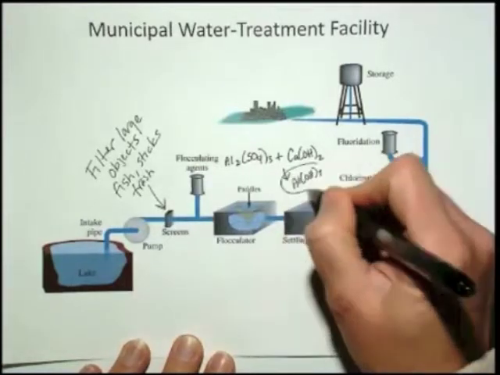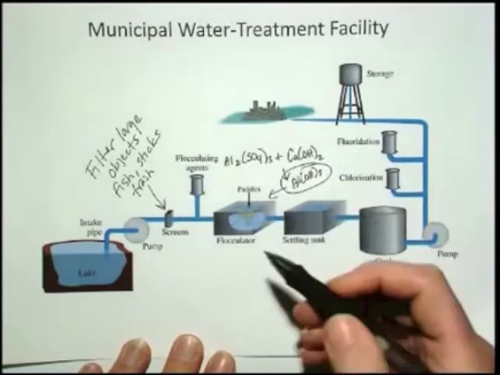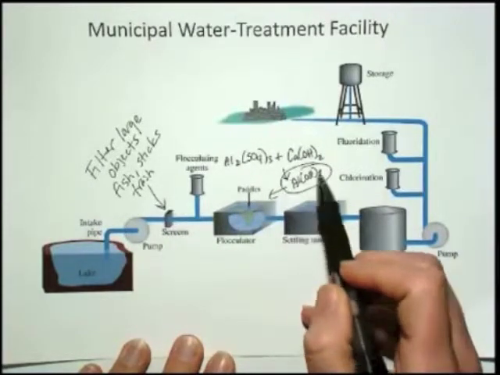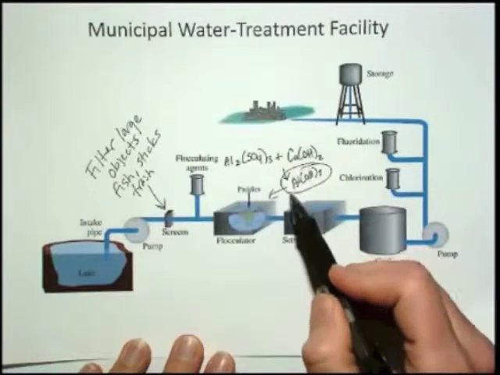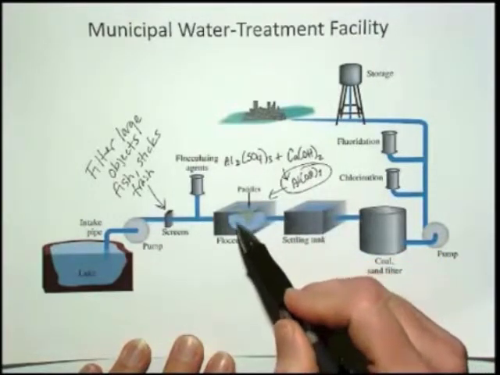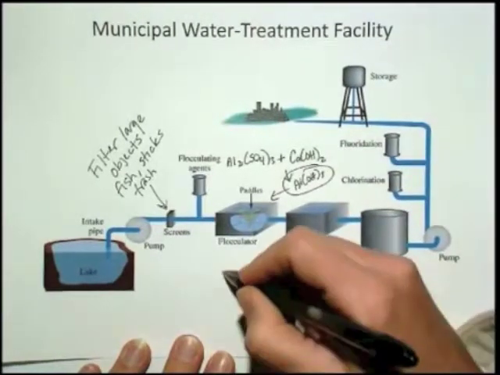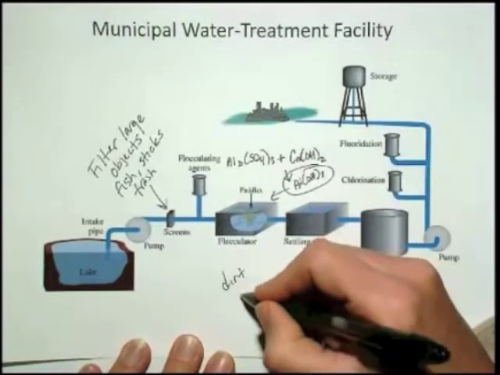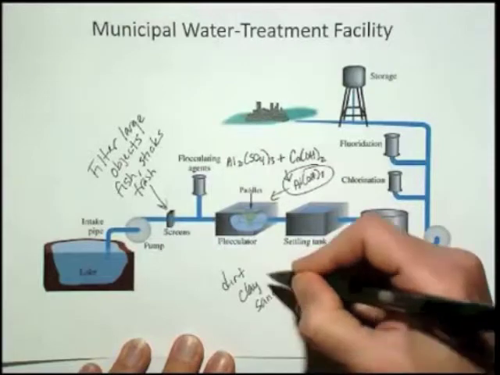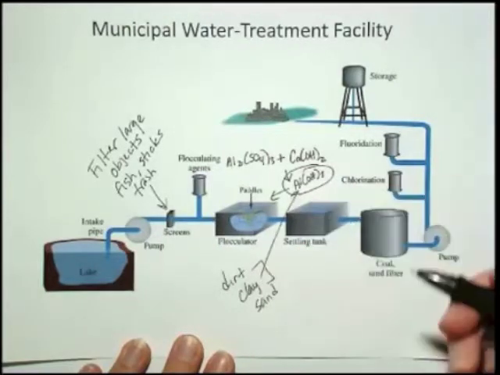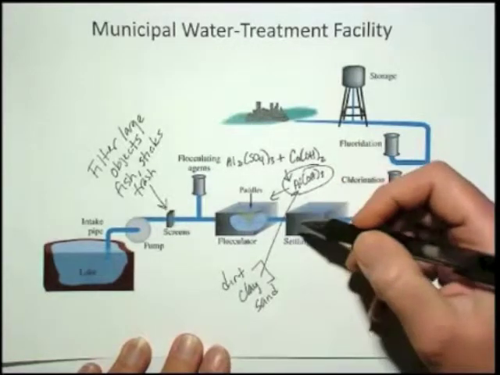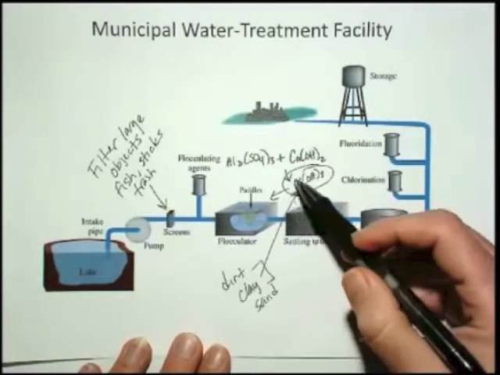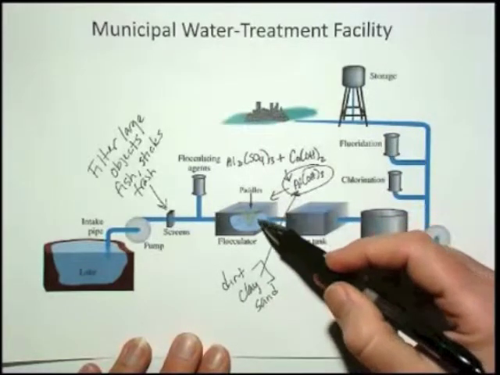But the aluminum hydroxide is really what you're after here in this mix, because the aluminum hydroxide is not soluble, and it forms sort of like a gel-like substance mixed in with the water, and it attracts dirt and sand, clay, sand, dirt particles will stick to the aluminum hydroxide because they're similar in structure. There's a lot of aluminum in dirt and clay, and so it sticks to the aluminum hydroxide,